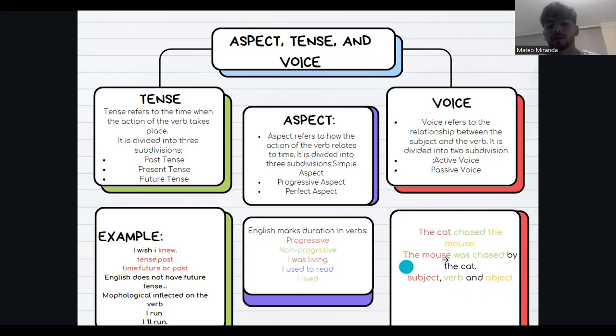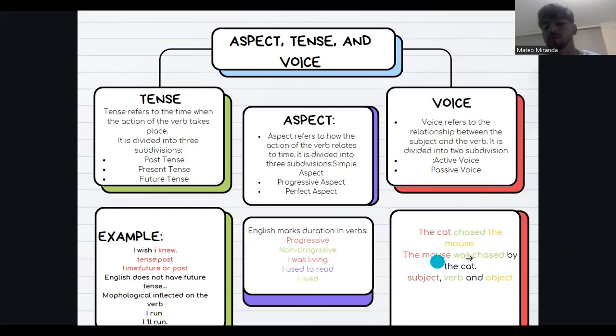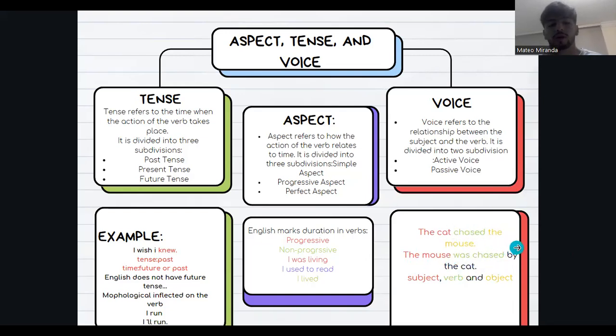Now the mouse here is the patient too. The word "by" in "by the cat" is a preposition, because here we can erase "by the cat" and we can only say "the mouse was chased" and it still has meaning. And you will say that "by the cat" is the agent, but in the